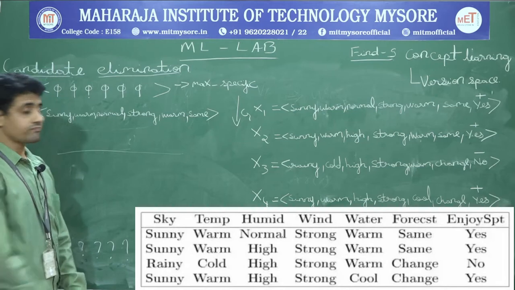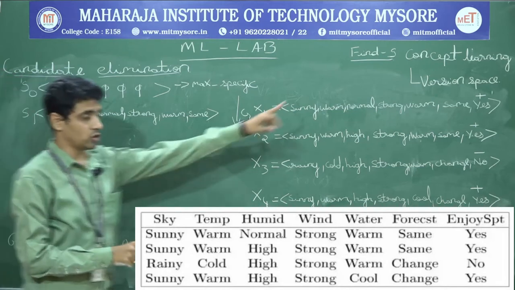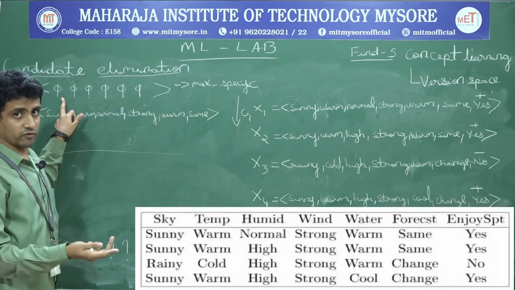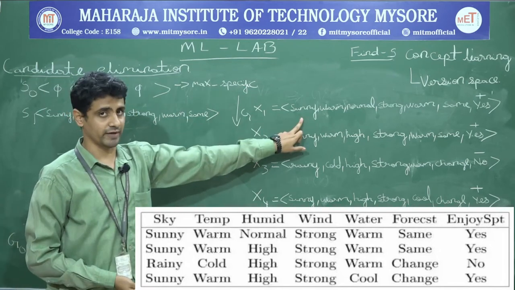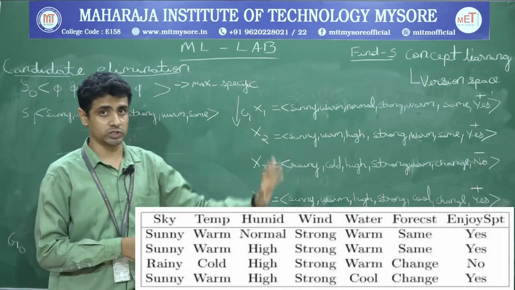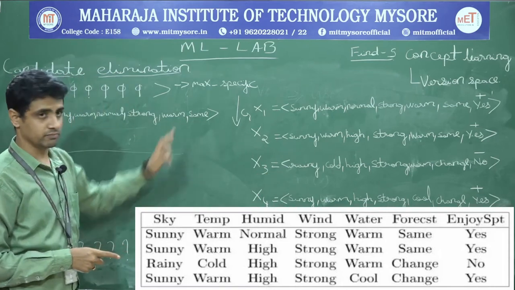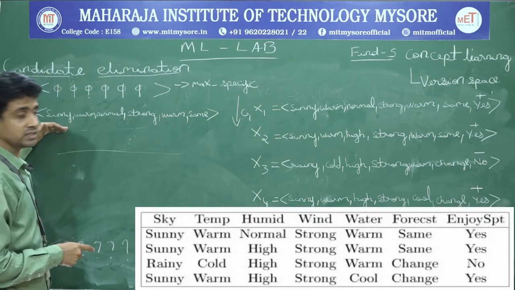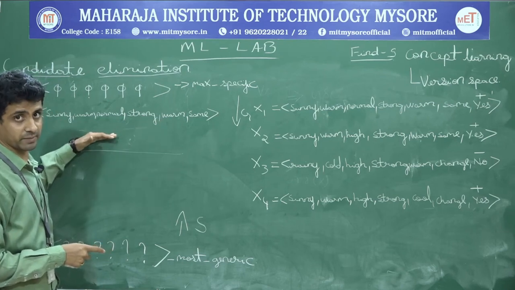Now, as I said, this is my specific boundary, because it's a positive example. Right now we have S0, and we have nothing with the given set of boundary now. So I'll replace my first specific with the first instance I have got, because it is a positive example. So now sunny, warm, normal, strong, warm, same is my S1, meaning after the first instance this is my specific boundary.